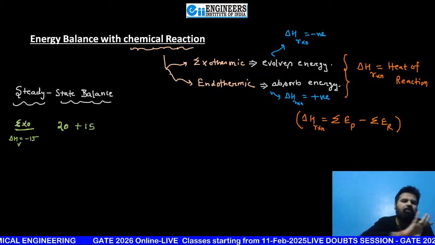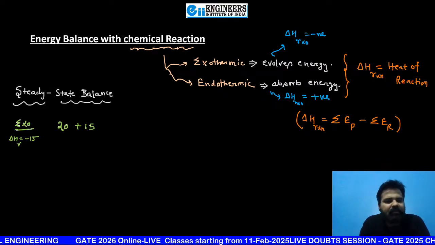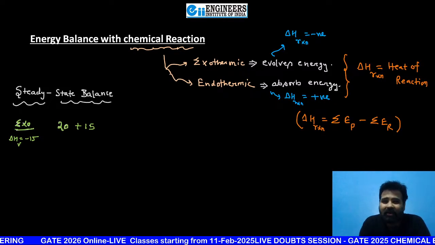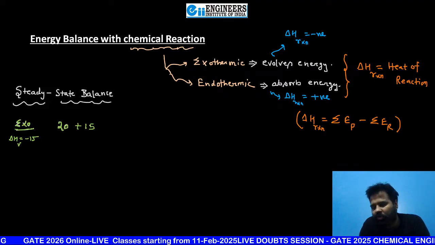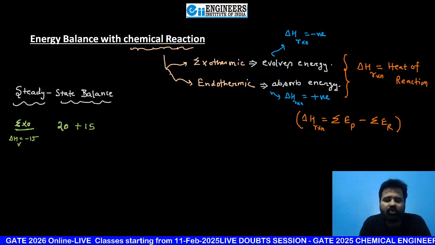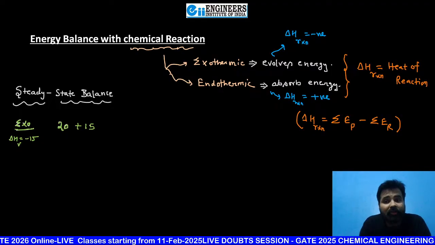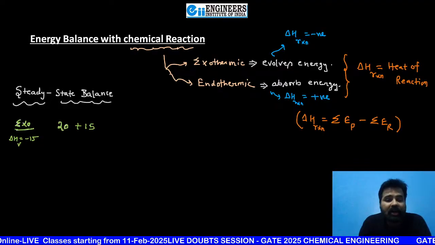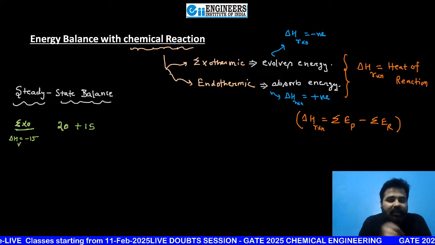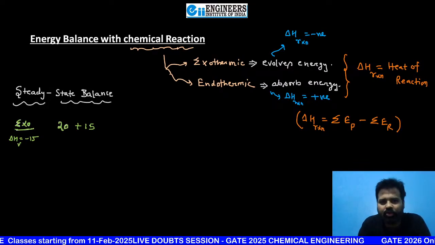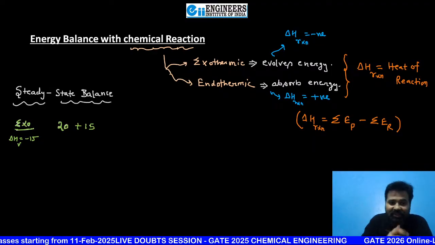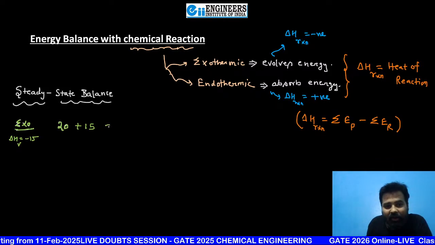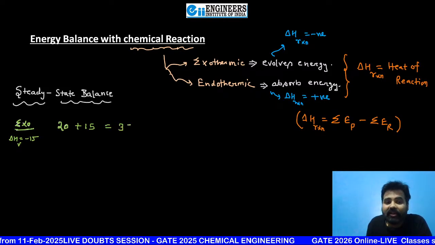I am removing the complete darkness of this topic, because in your books they sometimes use a minus sign and sometimes not, and you get confused. No need to worry. I am not going to use the plus or minus sign of delta H in my balances, because I am going to take balances by feeling. Every time I use it, I will use the modulus. So definitely this 15 is going to support it, and at the exit side you will get 35.